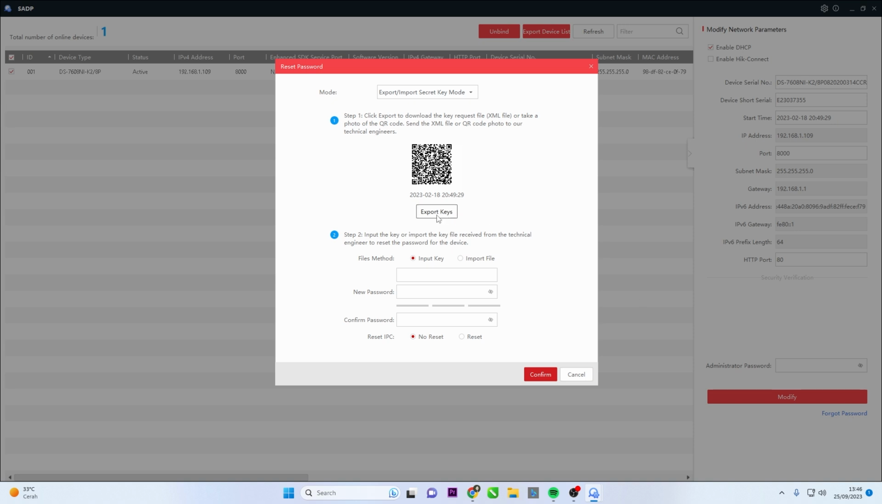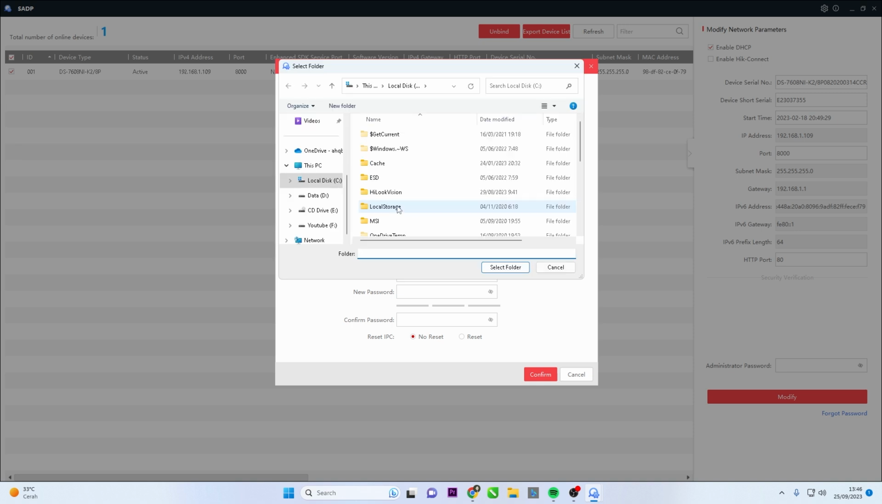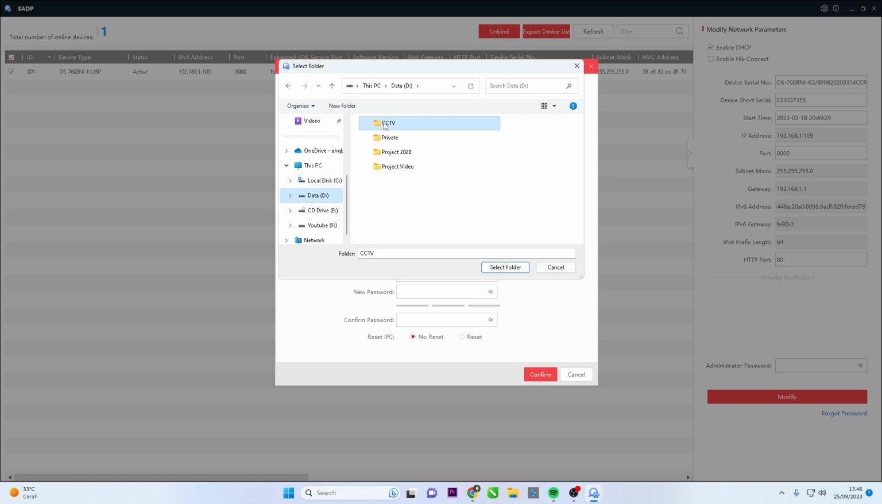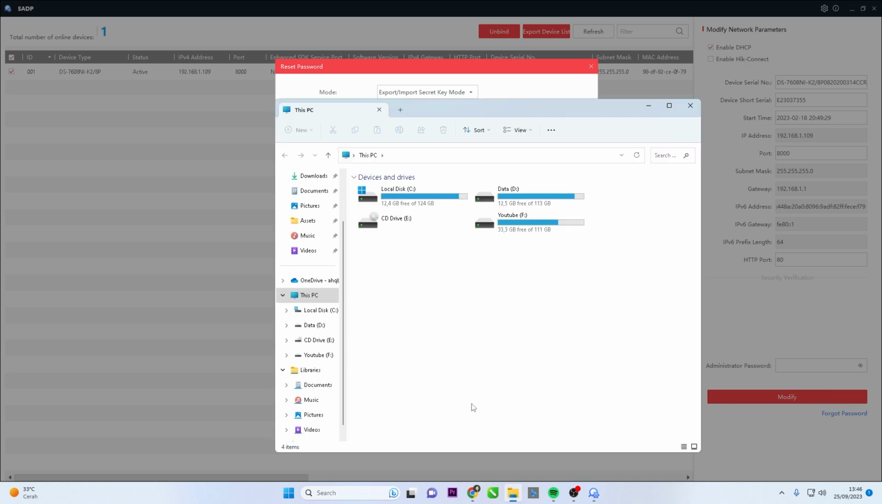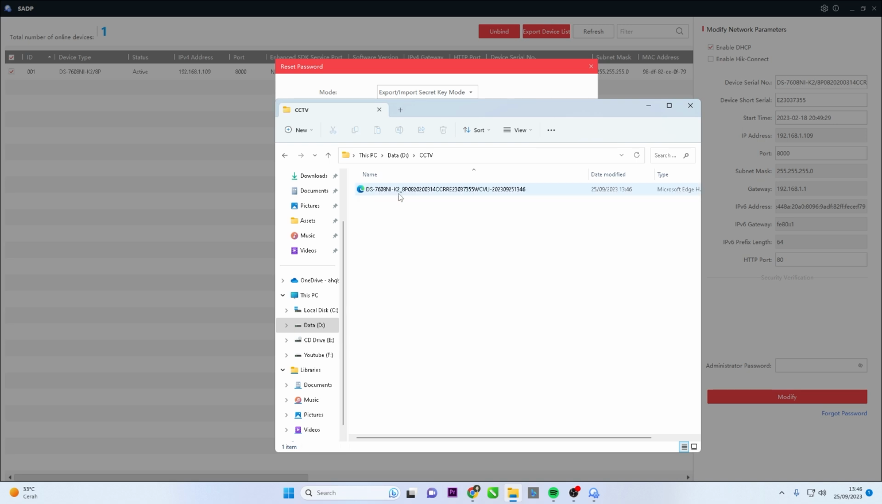Click the Export Keys button to download the XML device key file. Specify the storage location for the file in the pop-up window. Select the folder to save the device's request key file on your PC. Send the request key file to the technical team in your country, and the technical team will send a key